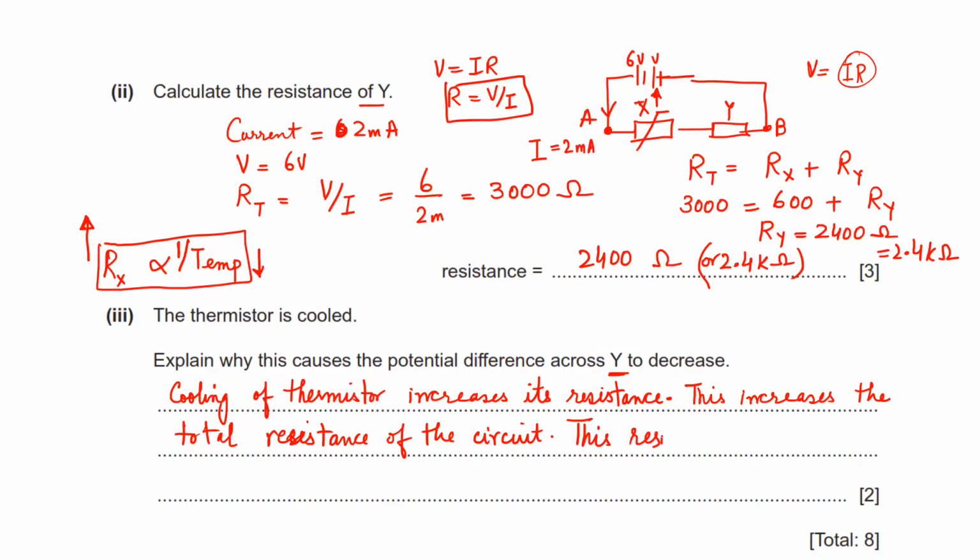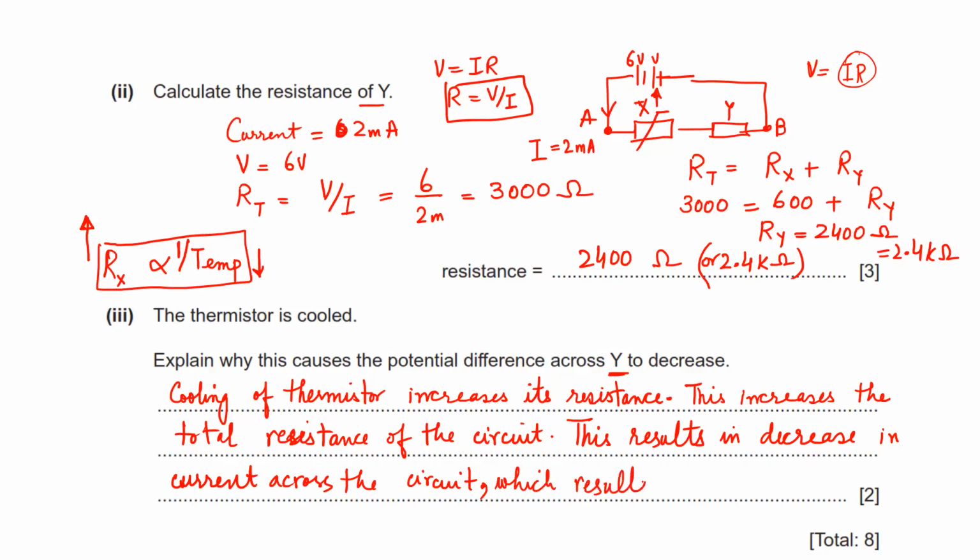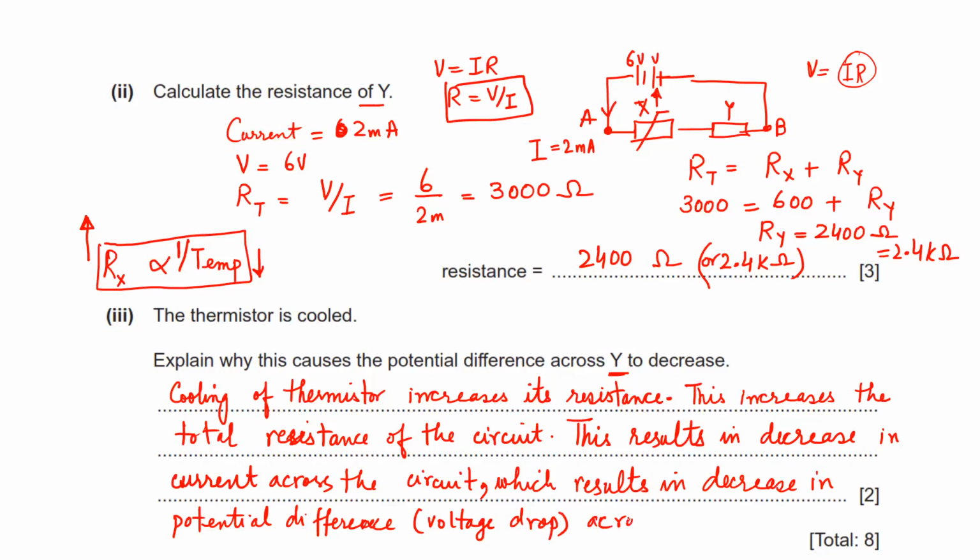This results in a decrease in current across the circuit, which results in a decrease in potential difference, or you can say voltage drop, across the resistance